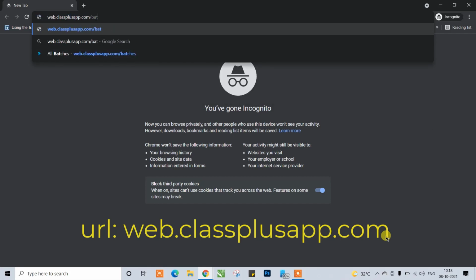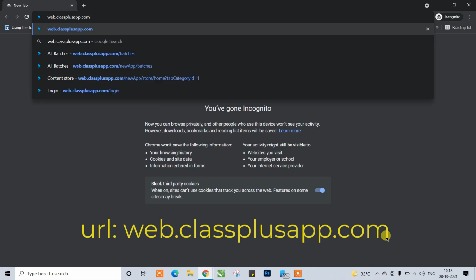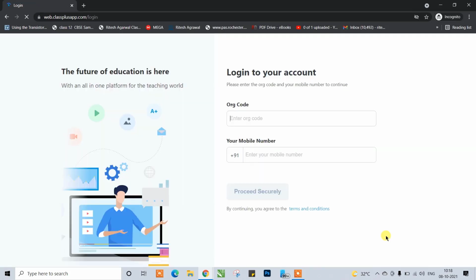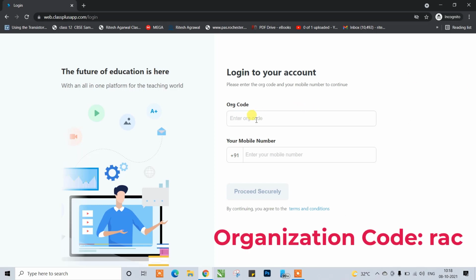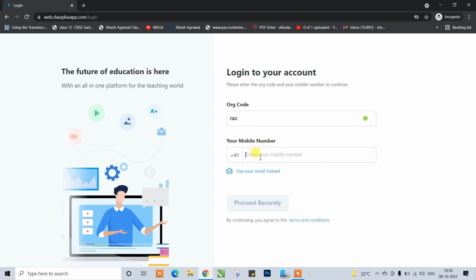So what you will do, you will have to use the web address web.classplusapp.com. Okay, this one. So you will arrive at this page. Then the organization code is RAC. Okay, RAC, Ritesh Agarwal Classes in short form RAC. After that, you have to enter your mobile number, the number from which you have purchased the course on the app. Okay, so I am using one of my numbers,